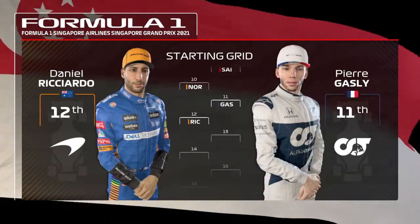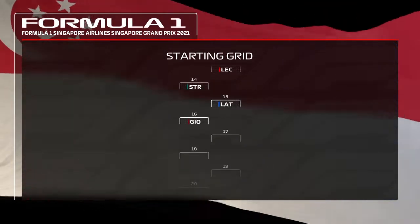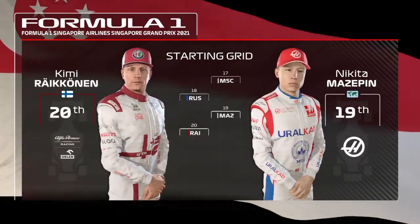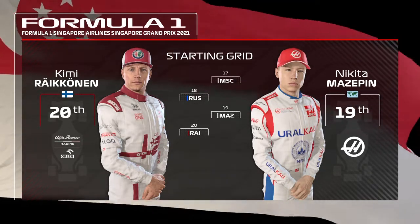Gasly, Ricciardo, Charles Leclerc, and Stroll. Latifi, Giovinazzi, Mick Schumacher, and George Russell. Mazepin and Kimi Raikkonen finishes off the grid. And with lights out just moments away, it's time to go down to the